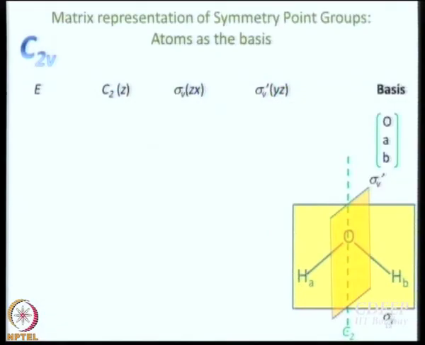Let us work with the atoms. And of course, the most famous C2v molecule is water. We have talked about water. Symmetry operations are the same, but let us use this oxygen atom and the hydrogen atoms as